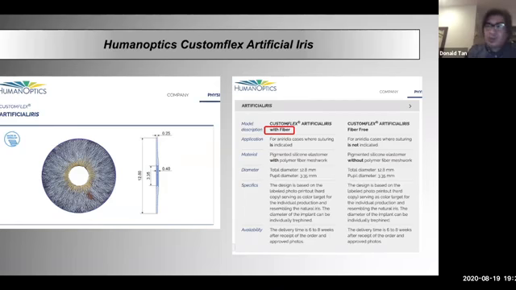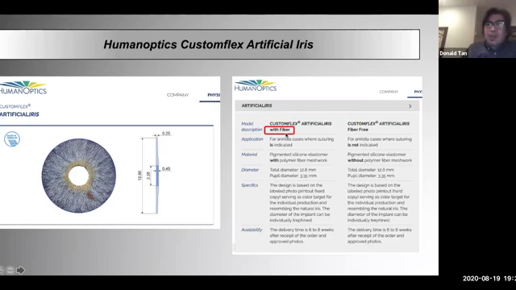And the fiber version is the one to use. If you are going to insert this in the bag and you're not going to use sutures, you get a fiber-free one. Now, my experience with this has been all with the fiber version. You can use a fiber version even in the bag placement, as I'll show you. So you have to be careful that you understand which one you need to order.